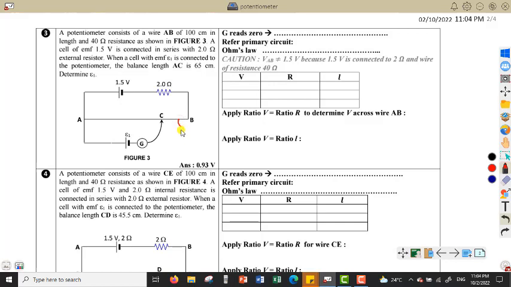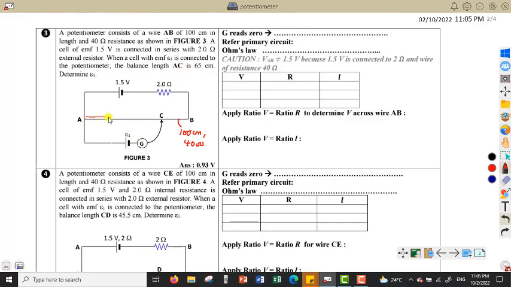So the length of the wire is 100 cm and it has a resistance of 40 ohm. And then a cell of 1.5 volt is connected in series with the 2 ohm resistor. Okay, so this wire AB is connected in series to a 2 ohm resistor and they are both connected to 1.5 volt. So when a cell with EMF E1 is connected to the potentiometer, the balance length AC is 65